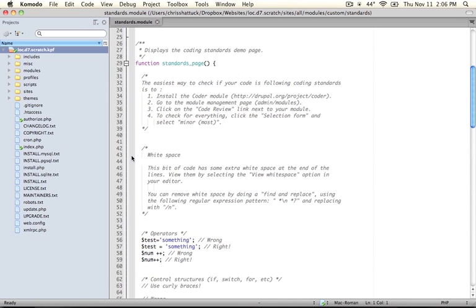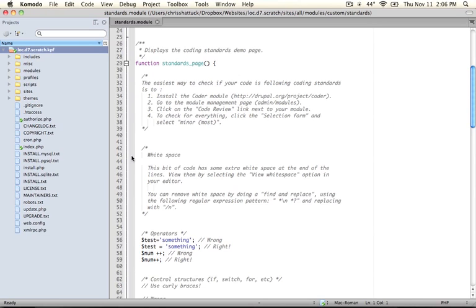The deal with white space is that we want to make sure that we don't have any extra white space in our file. The purpose for this is that when you think about how many modules there are that exist in the Drupal code repository, if every one of them has extraneous white spaces, that can actually amount to a lot of space in the end. So we want to make sure that we don't have any unnecessary white space. The necessary white space should definitely be there. It aids for code readability, but white space at the end of lines or at the end of files should